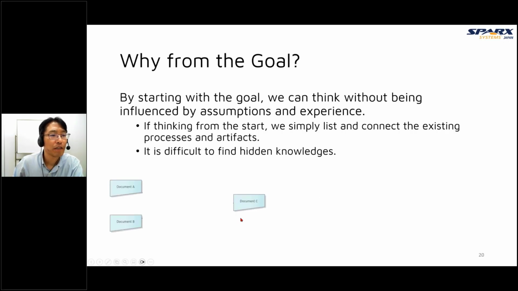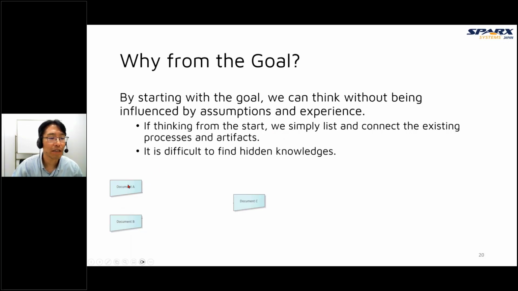So I must tell you why we think from the goal by using this process flow diagram. If we think from the start, usually we simply list and connect existing processes and artifacts.